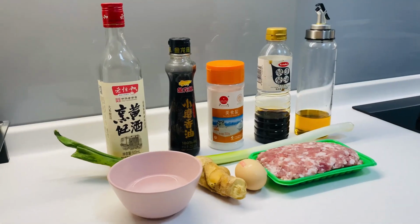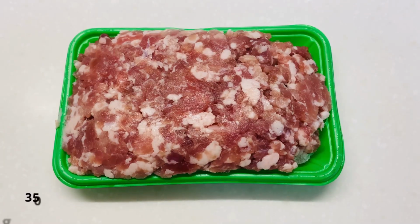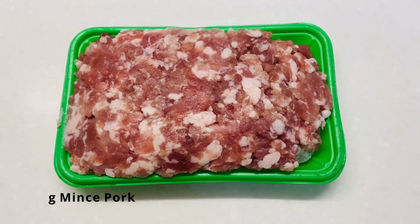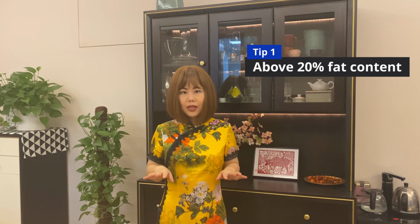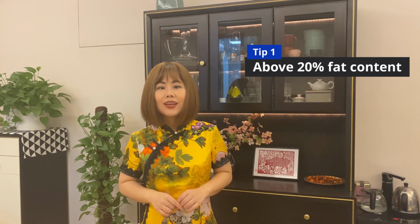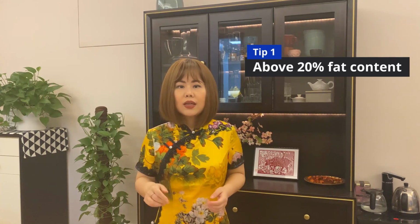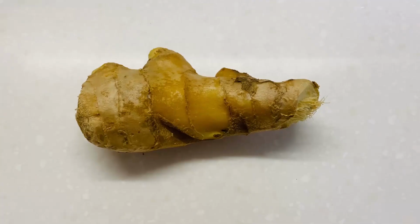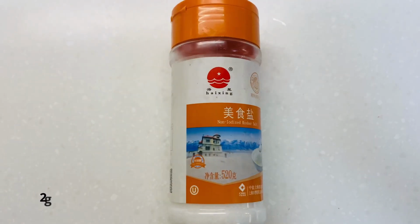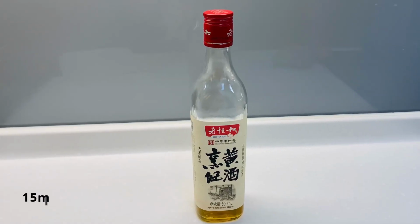Let's start. So here are all the ingredients for making the meat stuffing. Minced pork. This one is 350 grams. Tip 1. To make the perfect stuffing, the pork mince cannot be too lean. Otherwise, the stuffing will be too dry. You usually would like to use pork with about 20% fat. If you can't find it in your local store, try to use the mince with as high a fat percentage as possible. 1 fresh leek, 20 grams ginger, 1 egg, salt for 2 grams, 7.5 milliliter light soy sauce, 15